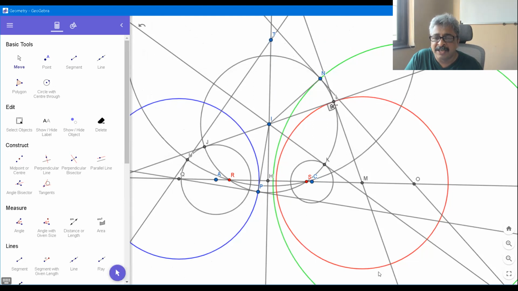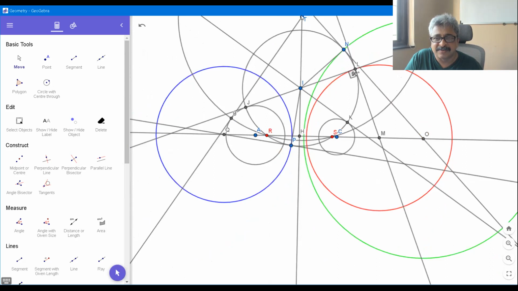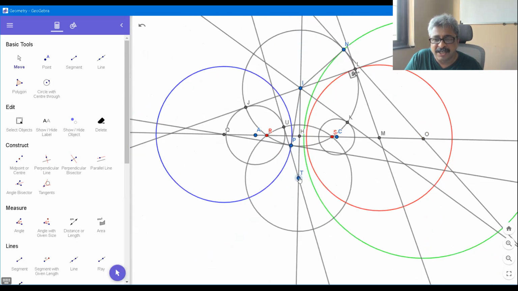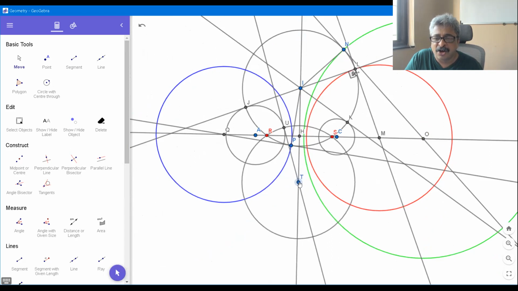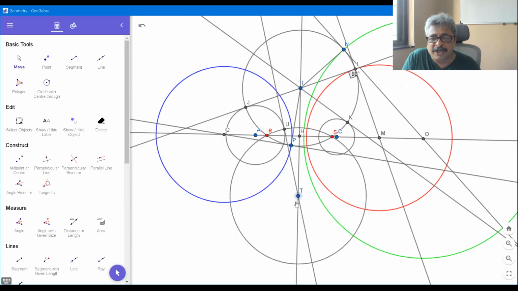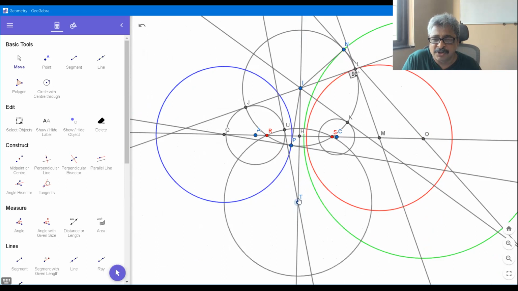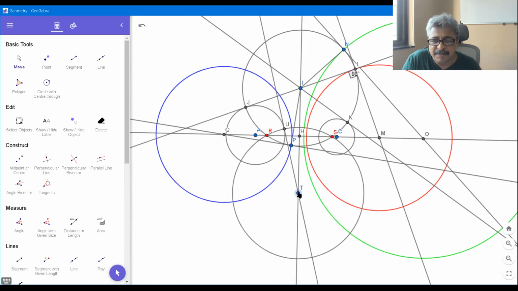Now you bring T to the other side of the line joining centers. If you bring T to the other side, there are infinitely many orthogonal circles with respect to the coaxial family of circles. And the most important thing geometrically which is happening is all these orthogonal circles are passing through R and S. The point circles are the same.